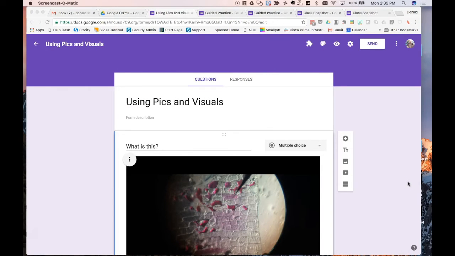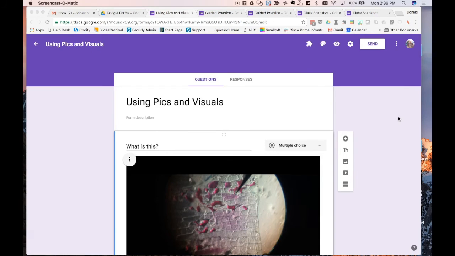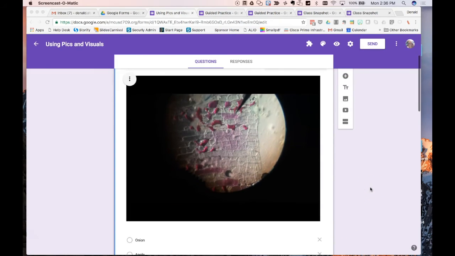I think one of the most useful aspects of Google Forms is the ability to use pictures and overall visuals. So the old Google Forms, if this whole thing doesn't look familiar, maybe at the start of 2016, Google changed Google Forms, and it's spectacular, I think, in terms of the visual portion. And again, in this case, you can put in, and I think this is thanks to Mary Holmgren,